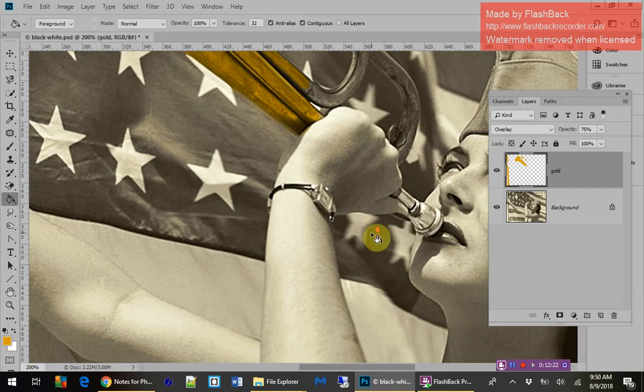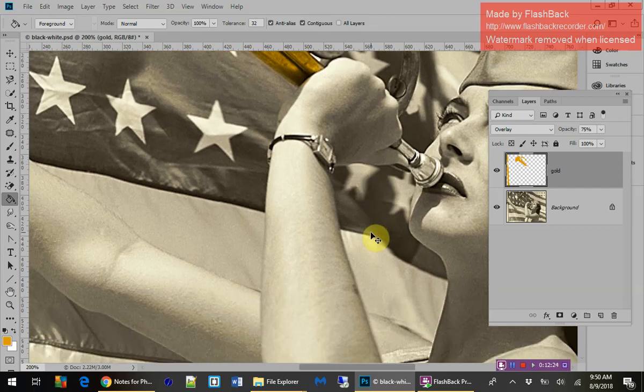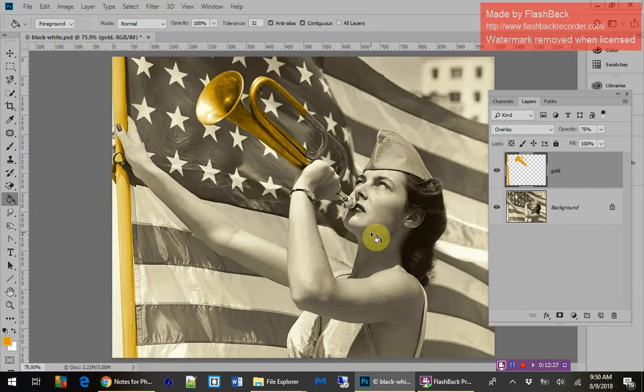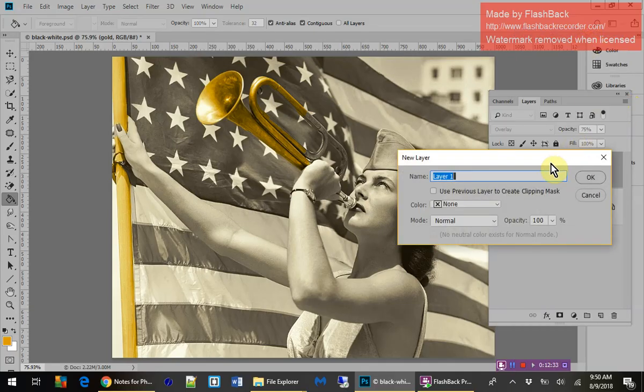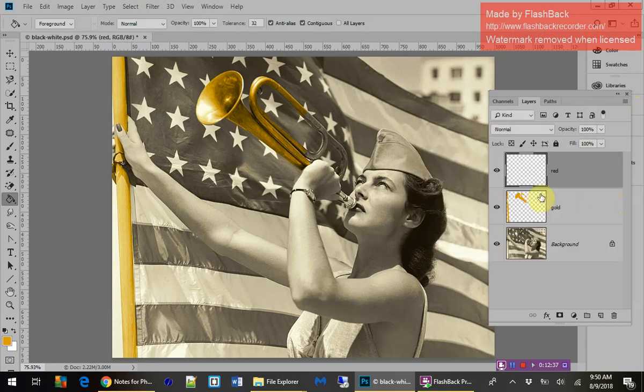Now, some of the other things I wanted to point out, I'm going to go back to Control 0. This is my other favorite mistake, I forget to add new layers. I'm going to do red now, like this. And what I'm going to do is use my quick select tool. I'm going to select red. It will allow me to select down when I use the quick select tool because I've got sample all layers. I'm going to make this brush a little bit bigger,